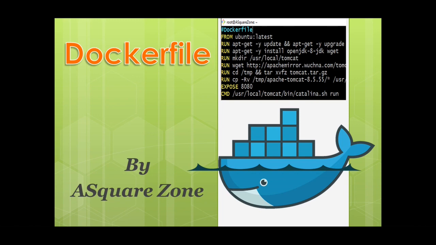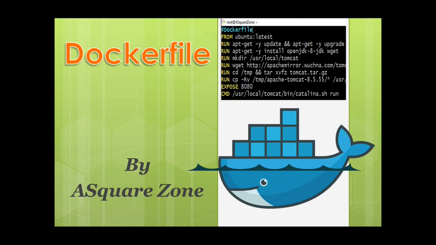A Dockerfile is a simple text document that contains a series of commands that Docker uses to build an image. Several commands supported in Dockerfile are FROM, RUN, CMD, ENTRYPOINT, VOLUME, ENV, and more. An important point to remember is that this file should be named Dockerfile. For this, we will go to our session.